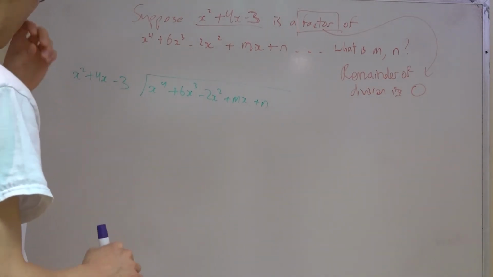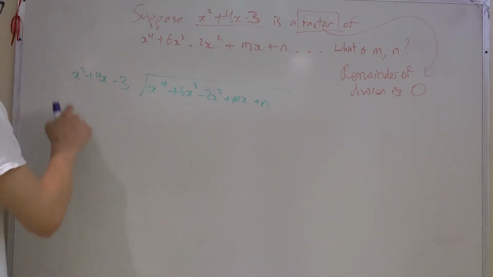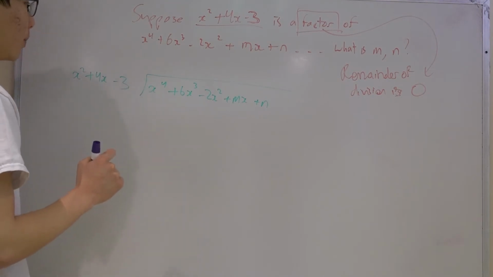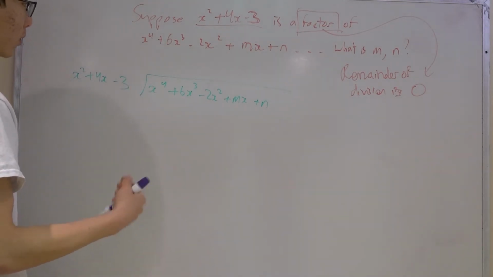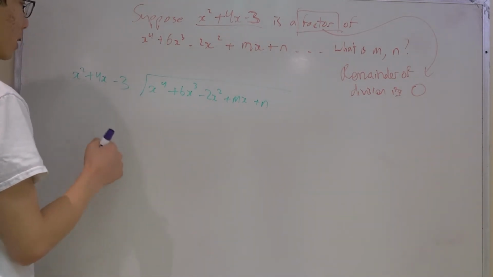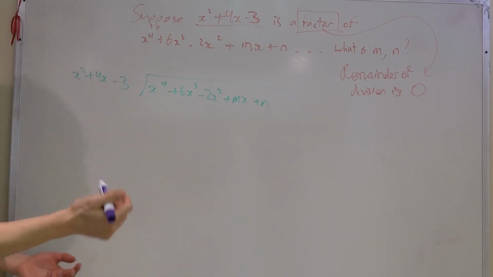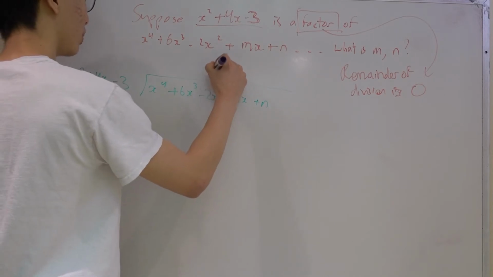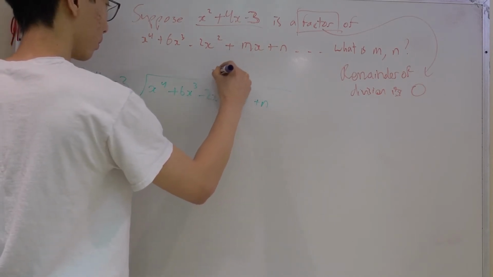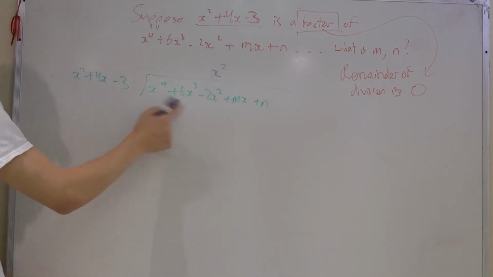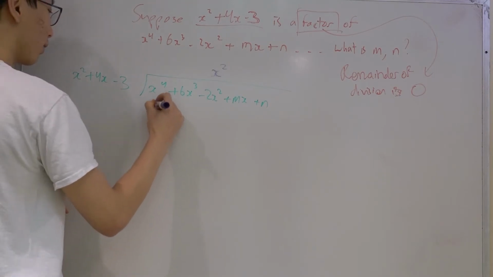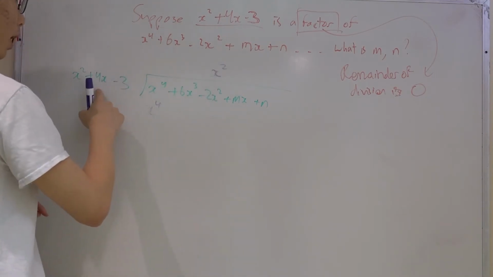Alright. Let's see. So how many times does x squared go into x to the 4? Hopefully you've had some practice with this from last week, and you can realize quickly that it's x squared. So x squared times x squared gives me x to the 4. So I'll put an x squared up here, and then multiply this x squared out. So this gives me x to the 4,